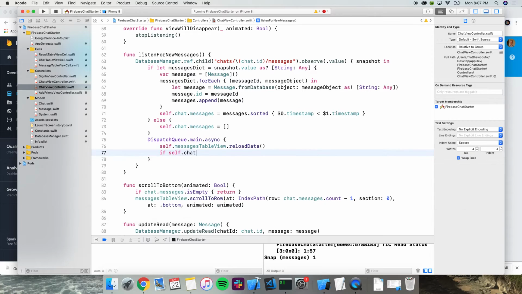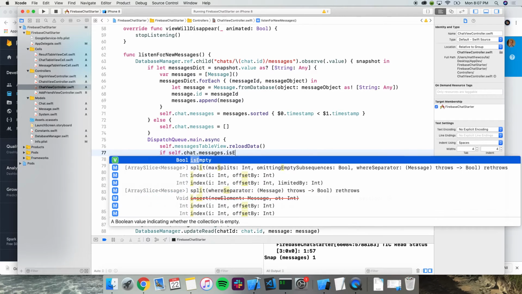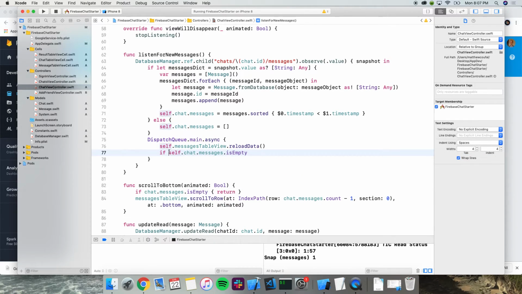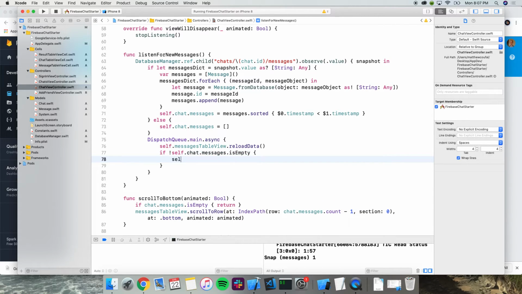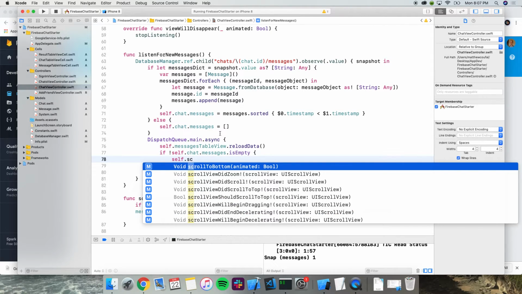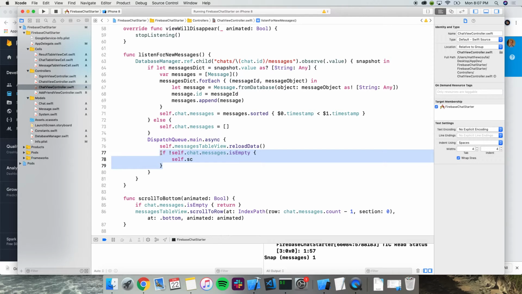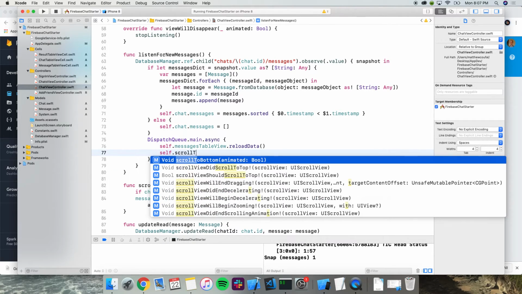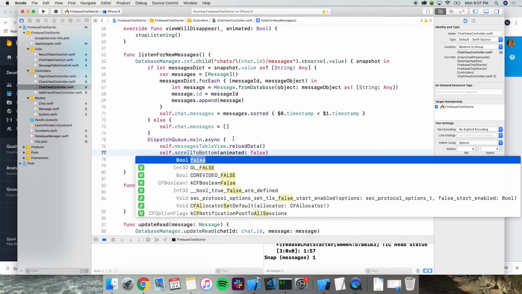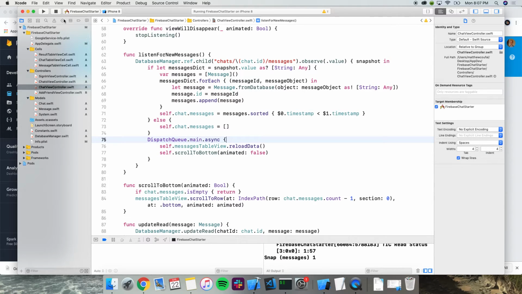So if we do actually have messages, then we want to scroll to the bottom. And I just added a helper function there, which has the check to see if it's empty. So I can just call it. And we don't want to animate it because we just want it to be instant. All right. So let's try this.